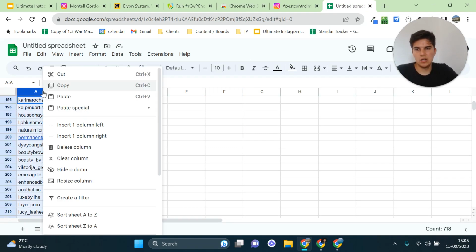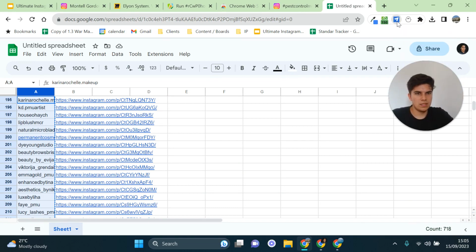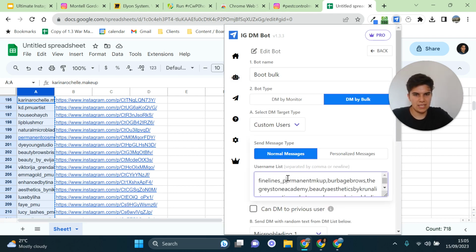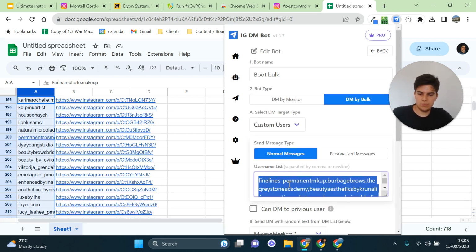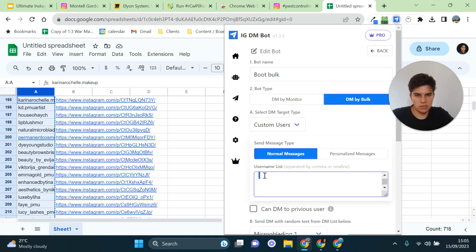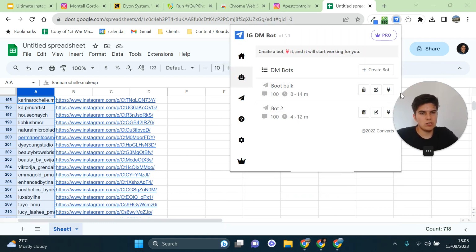But go right here. Copy only the profile names, right? Only copy that. And now come up here, go to the bot, for example if you got the practice bot, and copy all the names of the profiles right there. Now let's just say all of these are here, and then you want to save. Now that you've saved, you want to click here,